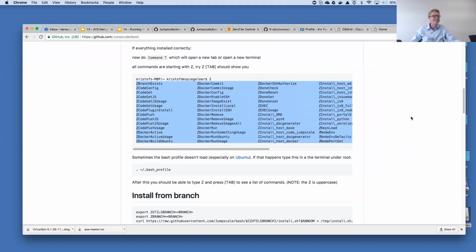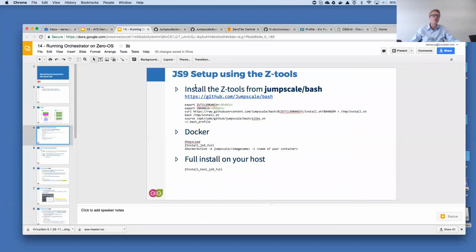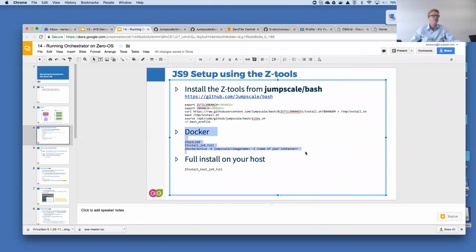So this is what I used basically. I'm not going to use it right now. What I did in the slide, I only put on the slide the things I did to get it to work. And to be very honest, what I did was not the Docker one, so I don't have any Docker container running. What I did, I created a fresh Ubuntu machine on OpenV Cloud. Basically, this is this machine here.